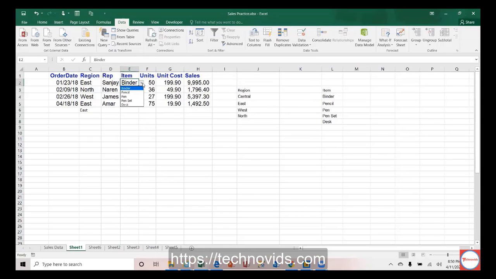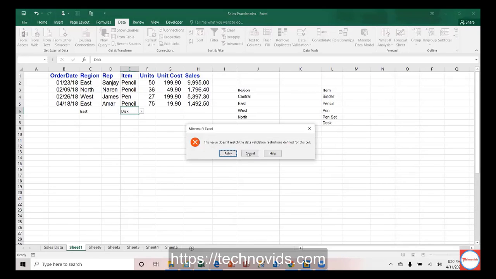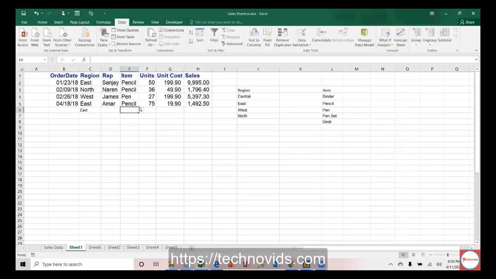You can see I can pick only these items. If I try to put disk instead of desk, it says the value is not matching because I have a data validation rule. So I have to pick desk only. I don't have any other option than picking the item.